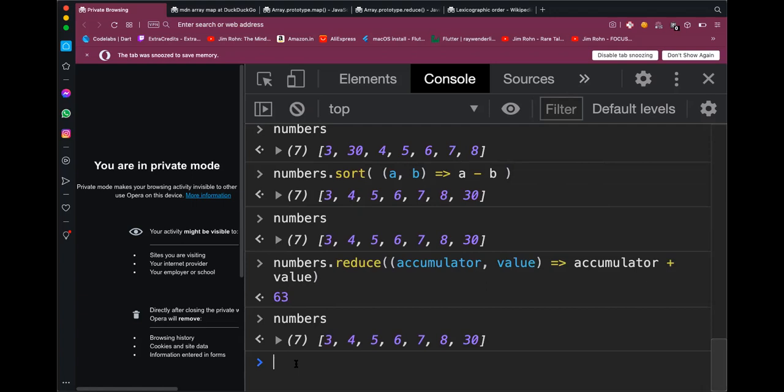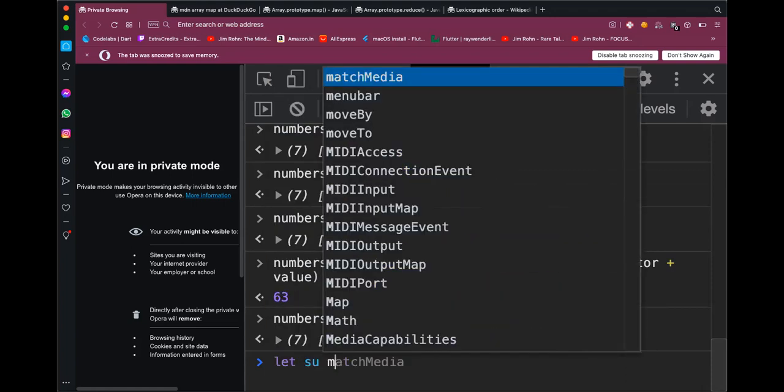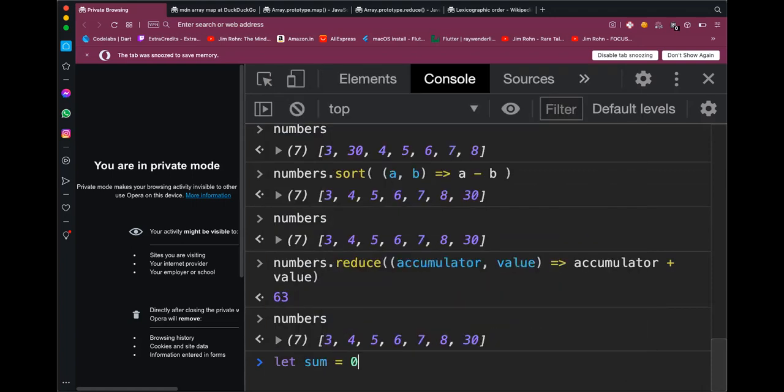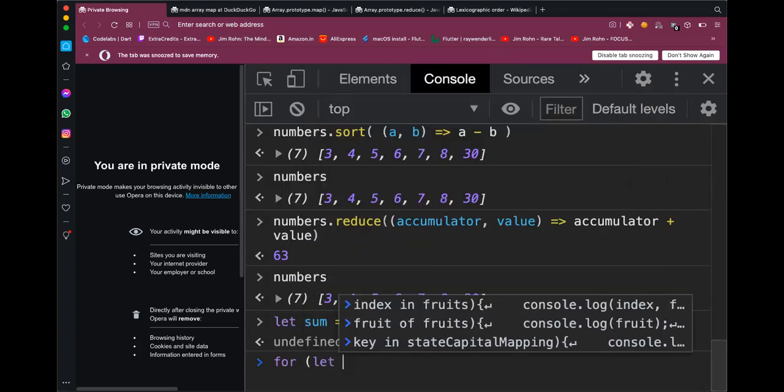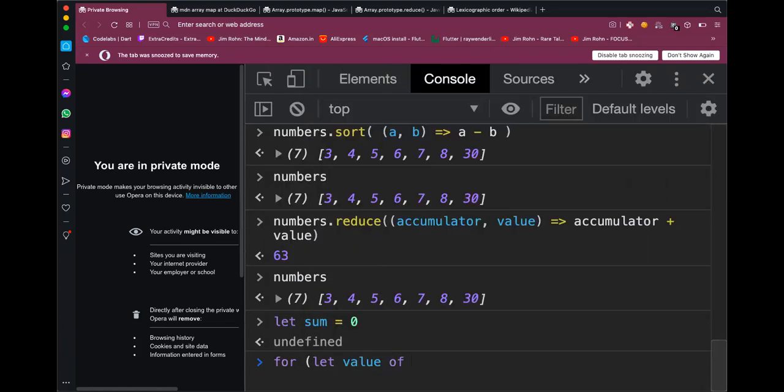Let's say I have to run a for loop on this thing and get the same result. So I will do what? Let sum equal to 0, right? And then I will run a for loop, let me call it let number of numbers, sum plus equal to numbers.